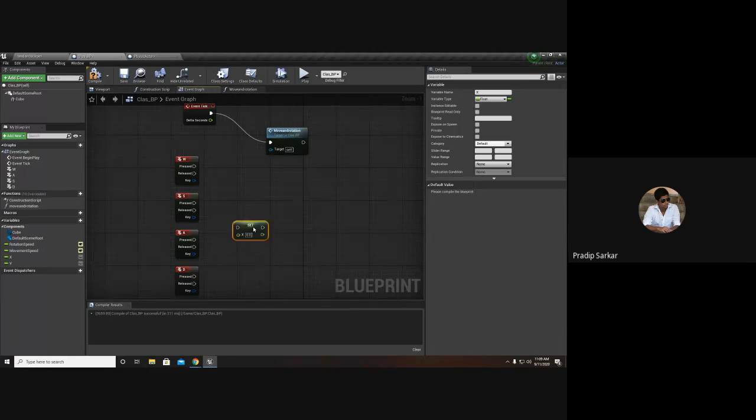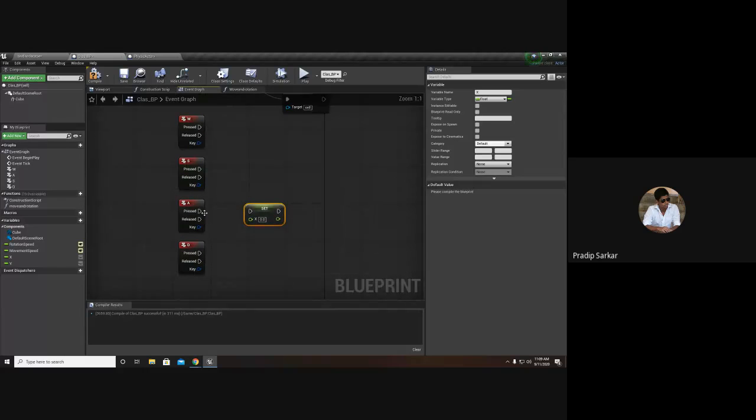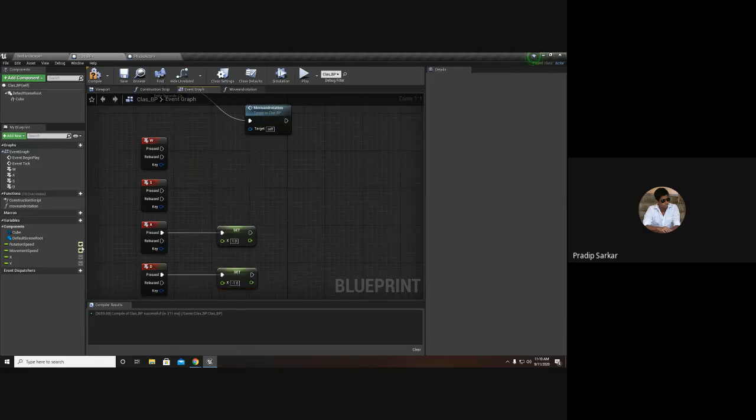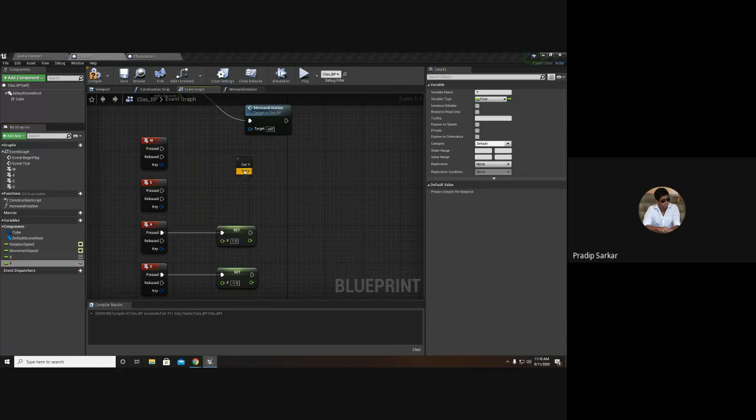This one is X. Whenever I press the A button, I should set X as 1. Duplicate, Control W, and whenever I press D, it should be set as -1. Same with Y, I have to set the Y.